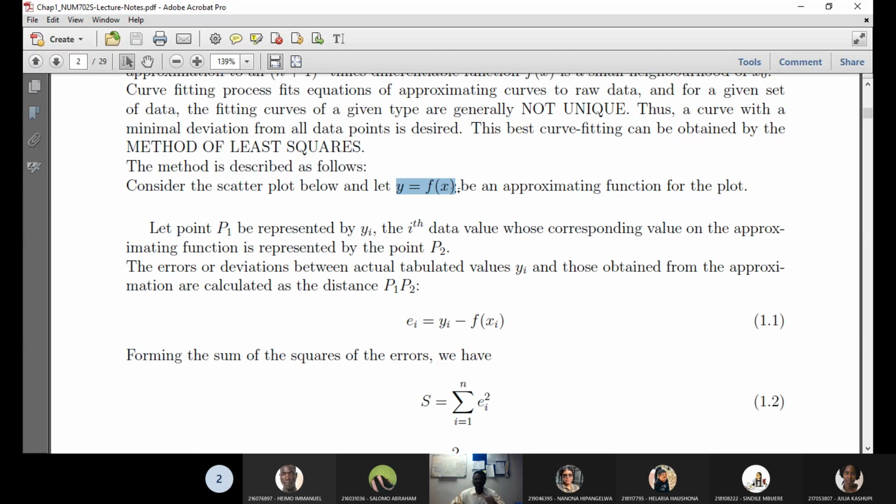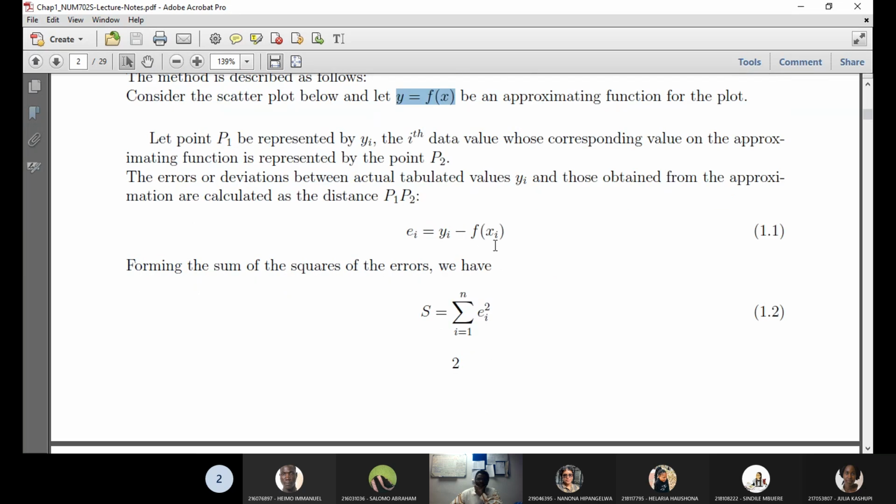If you write the formula for f of x, it can be a polynomial, it can be any function. Then you substitute x into the expression, and you try to minimize this error. Because this function f will depend on some coefficients,